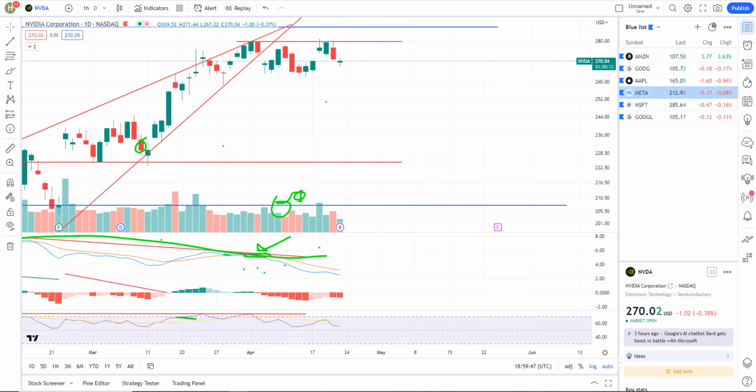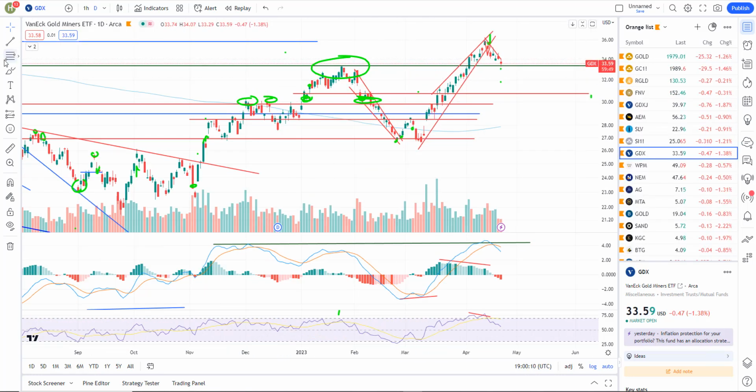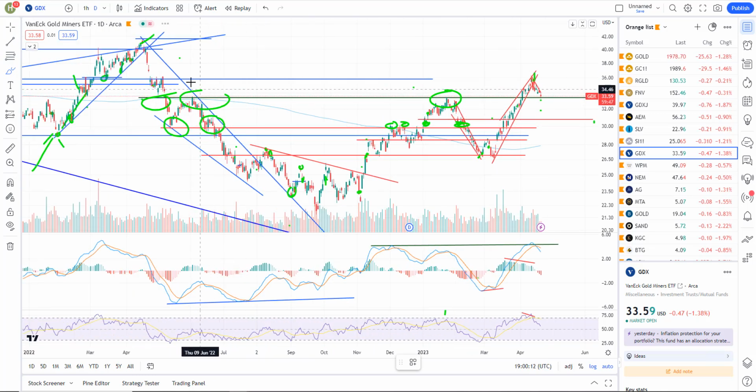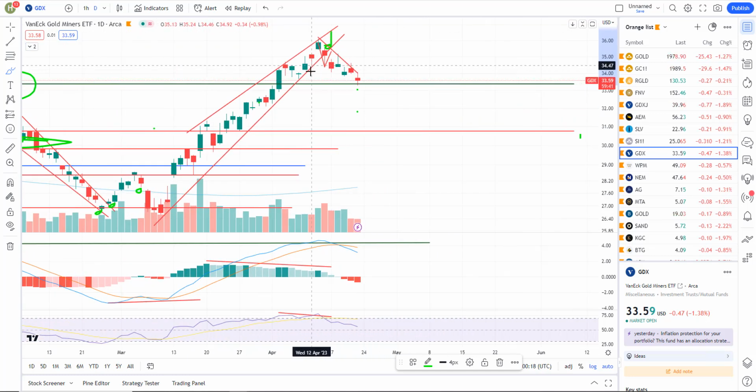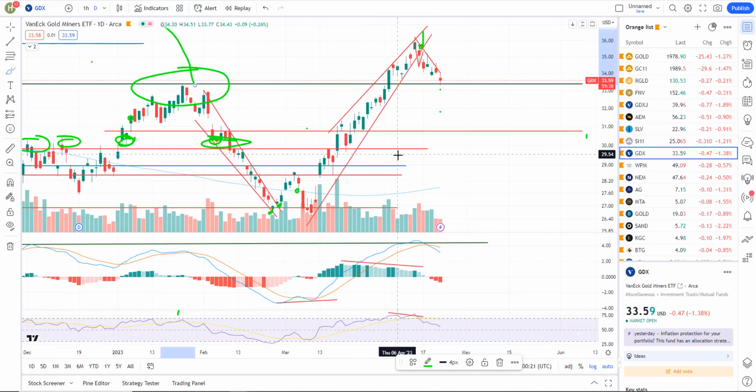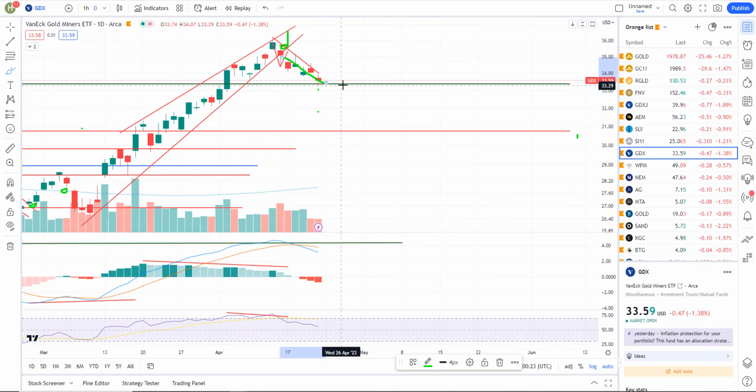Okay, gold. So really, I just want to look at the gold miners, GDX. You can see here we have the daily chart. We have some support. It was former resistance about 33.43. And sure enough, there's this bearish rising wedge, and we broke and headed right down to that first level of support. So I think you're probably going to bounce here, maybe a bounce next week. I wouldn't expect it to just crash right down through there.